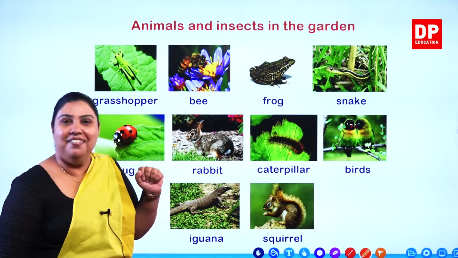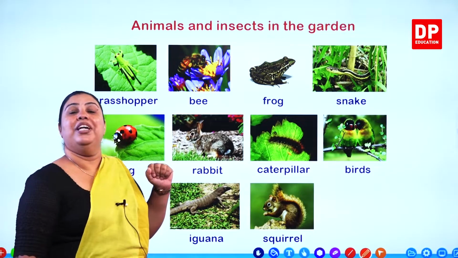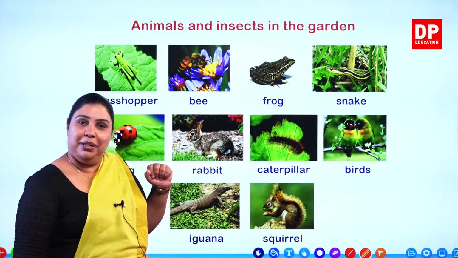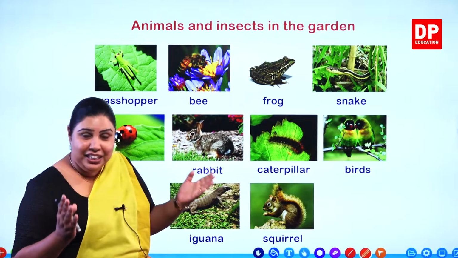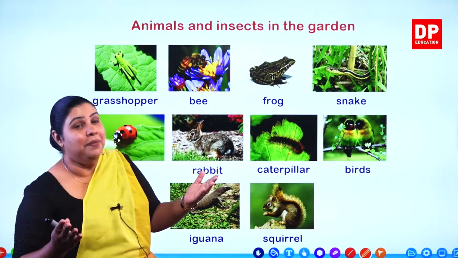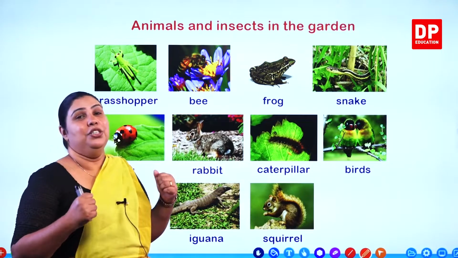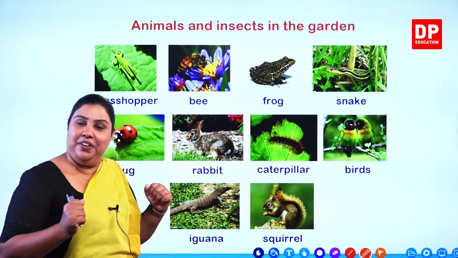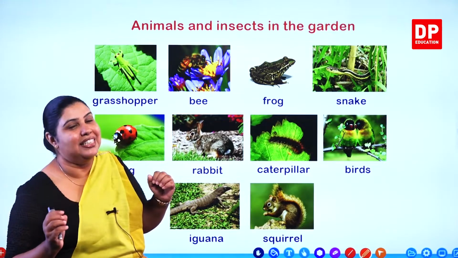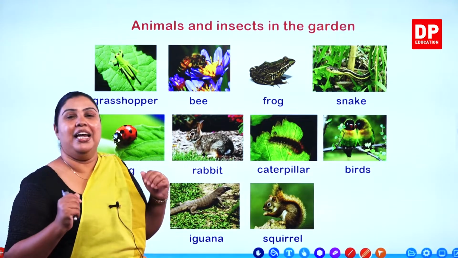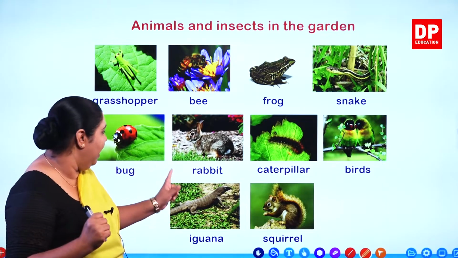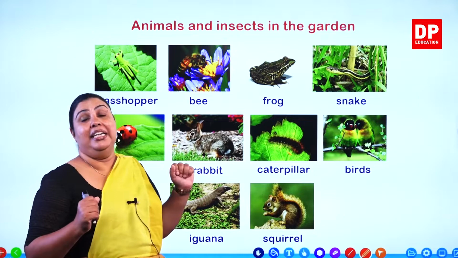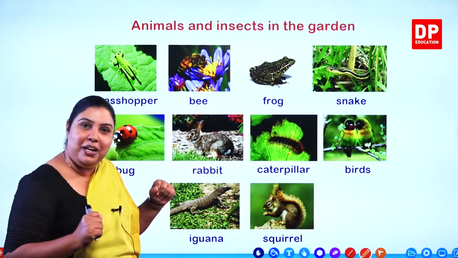Rabbit. Hava. සමහර වෙලාවට හාවෝ එනවා නේද පුතේ අපේ වත්තට. Rabbit. Now some of you have rabbits as pets as well. So they are in your garden. But sometimes rabbits come to our garden to eat grass and then they go away. Rabbit. So it's a very innocent animal, a very loving animal, a kind animal. What is it? It is the rabbit. R-A-B-B-I-T. Rabbit. You know the spelling now.